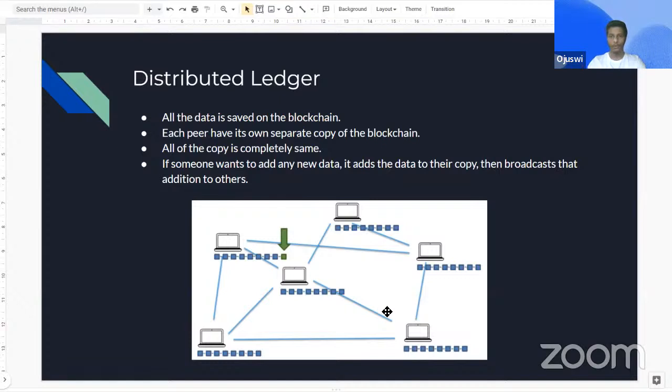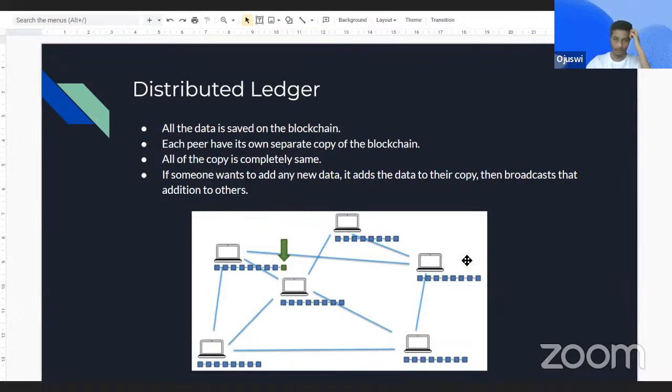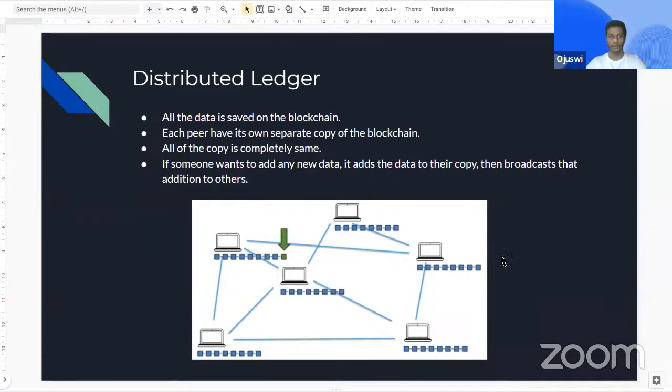They always know what to do if they ever face any dilemma, like which block to put first, which block to put second, or which block to mark as invalid and then discard. All of those rules and regulations that people follow in their codes are written into the code, and that